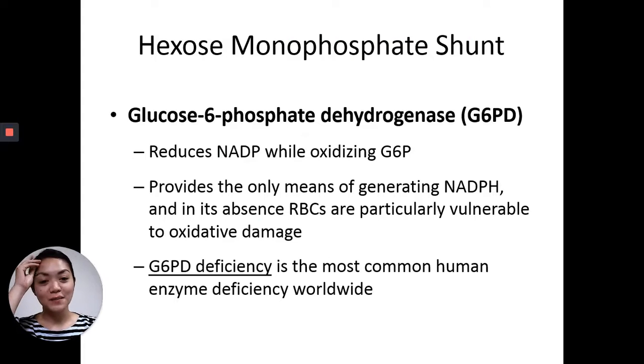So, again, special mention, G6PD. G6PD is the enzyme needed to reduce NADP while oxidizing G6P to 6-phosphogluconate. It's the only enzyme that provides the means to generate NADPH. If you are deficient of this enzyme, you have what we call G6PD deficiency, which is the most common human enzyme deficiency worldwide. In our case, here in the Philippines, we also have several patients na may G6PD